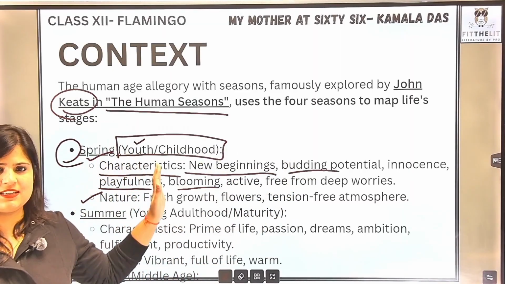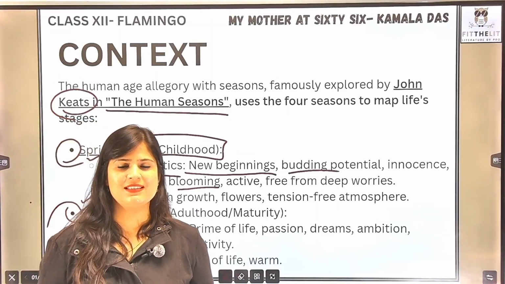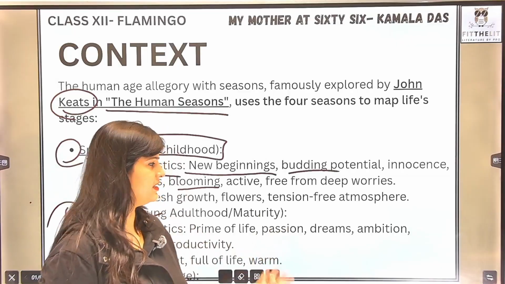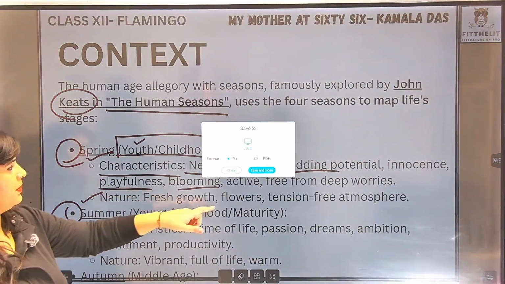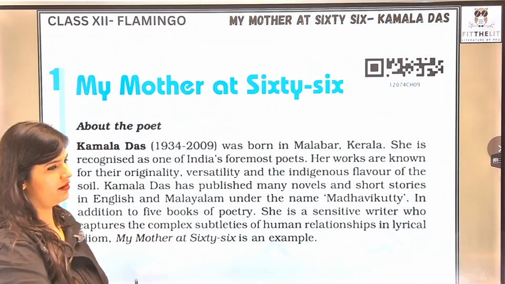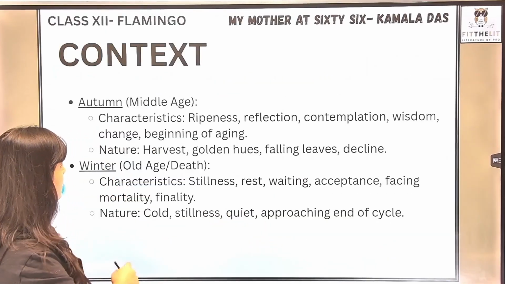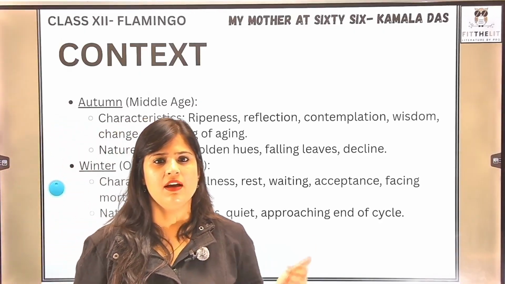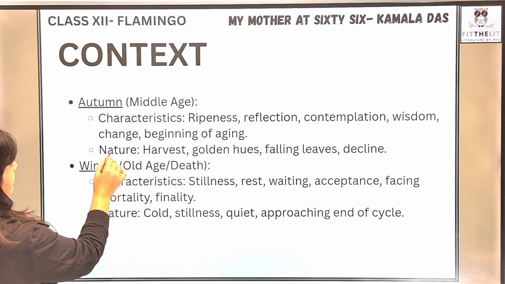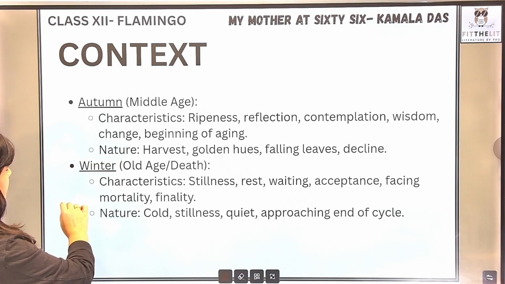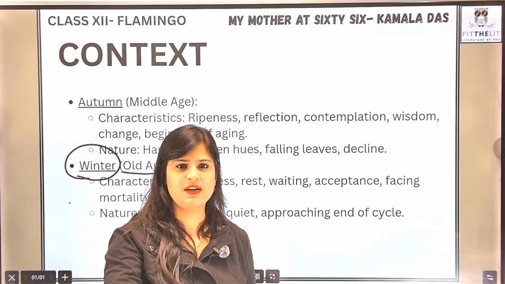Then you have the next season, that is the summer, that is equivalent to young adulthood or maturity. In the sense when you become a young adult, तो आप 20s में जब होते हैं, so that kind of age, right? For this particular poem, the age that becomes important is the winter one, right? So we have covered spring, we have covered summer, then comes the autumn, right? Autumn is the old maturity age, and finally the winter one, wherein the person is an old one, wherein the human has become old.